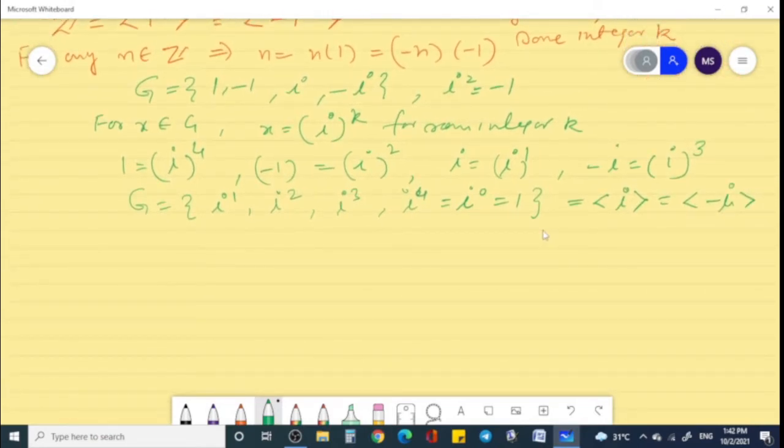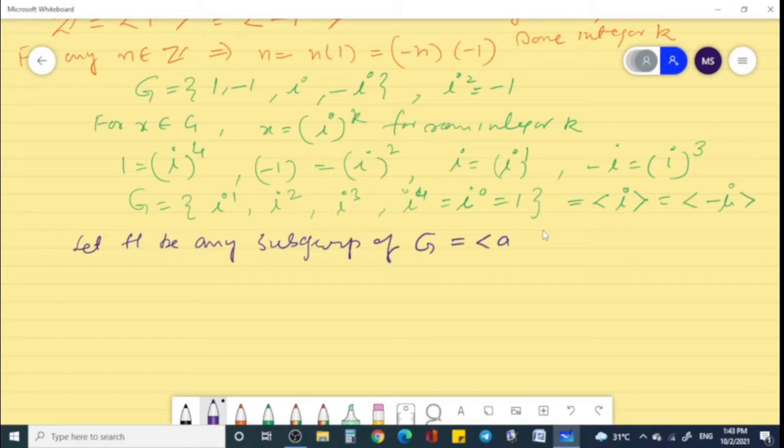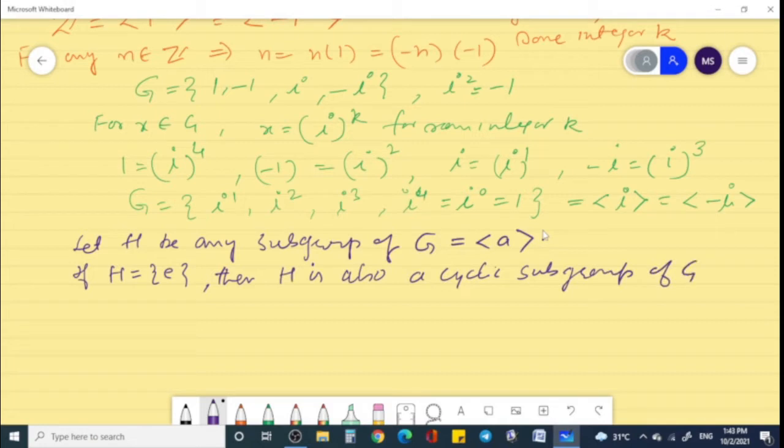Now let H be any subgroup of a cyclic group G generated by a. If H contains only the identity element, then H is also a cyclic subgroup of G, because H contains only one element, so every element of H is some power of the identity. So if H is not equal to {e},